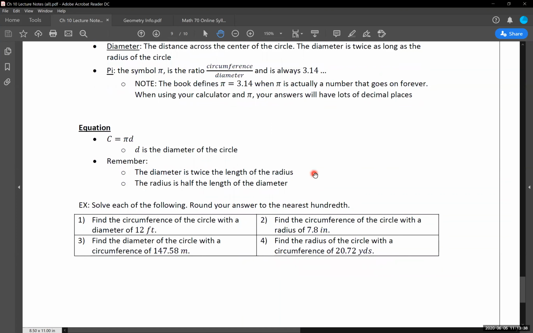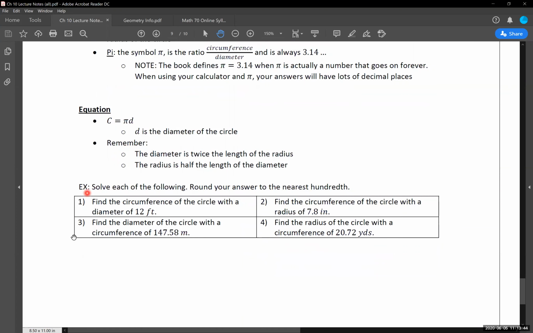So my recommendation, as I've said a few times up to this point, when you're working with these, draw a picture for yourself. It's very, very helpful with all of these types of problems. So we're going to reference these 4 examples. I'm going to jump us over to our Blackboard, and we'll go through a couple of these over there. And I will also show you guys how you would plug this into your calculator as well.